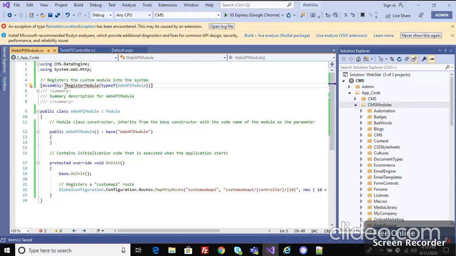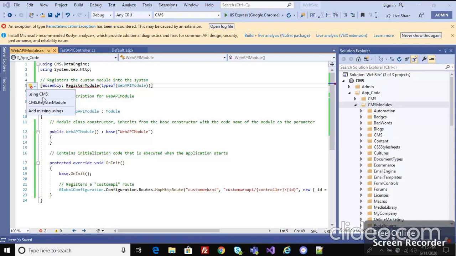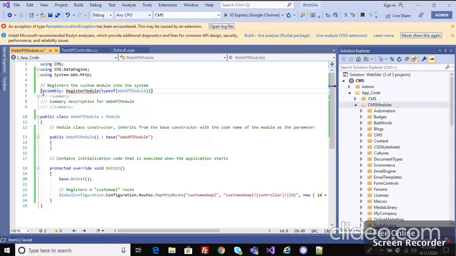This is the way to register our module into the system. Let's add the namespace for this as well. You can see now all of our errors are gone.